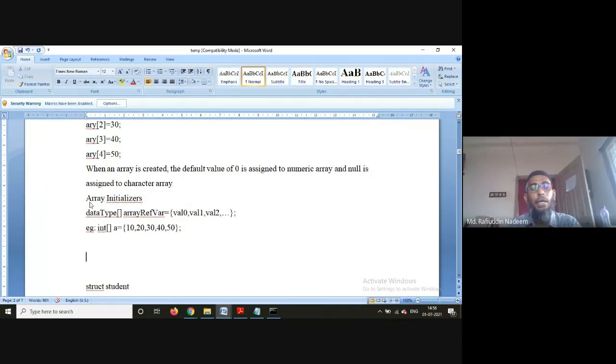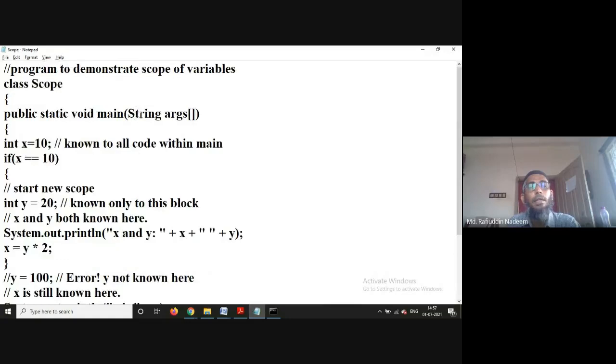now just recall my last two classes where we passed arguments at the command prompt. When arguments are passed at the command prompt, we have String args. I told you that args is an array of type String.